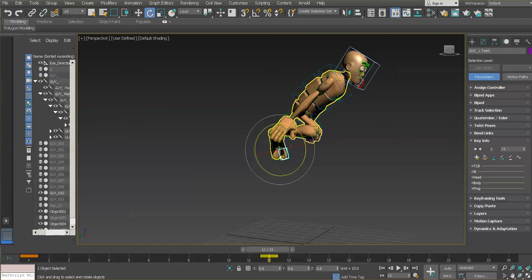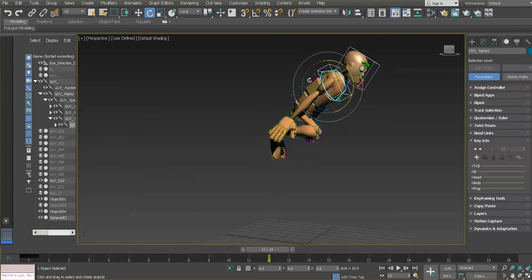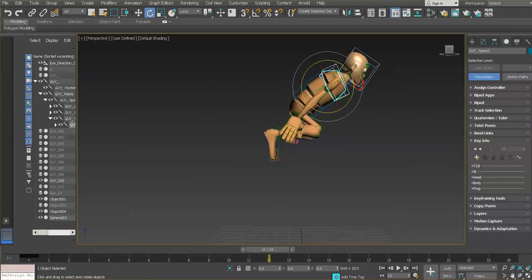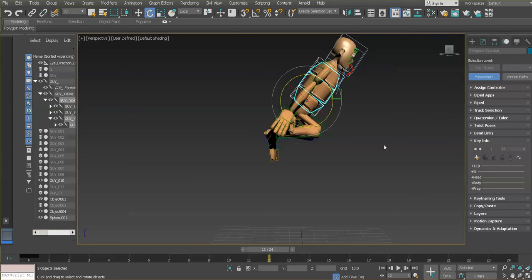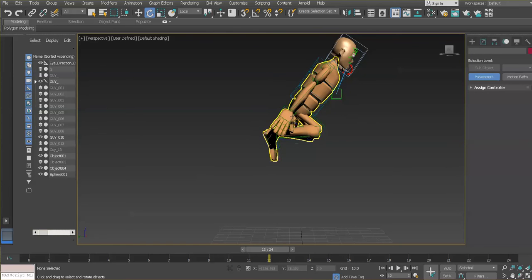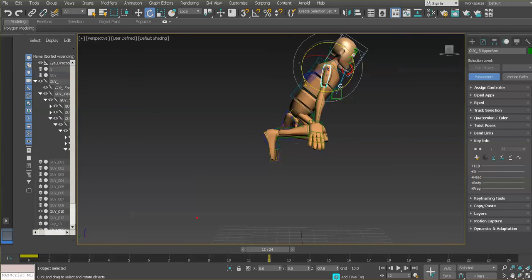I'm going to add, remember that we also did a little bit of bending forward on the spine, right? So I'm going to select with control the 3 nodes for the spine, and I'm making it a little bit different. Just rotate it back and set a key. And your key is set over here. Okay, and the arms now are going forward. Okay, so I'm just going to rotate the arm, select that shoulder node, rotate the arm,